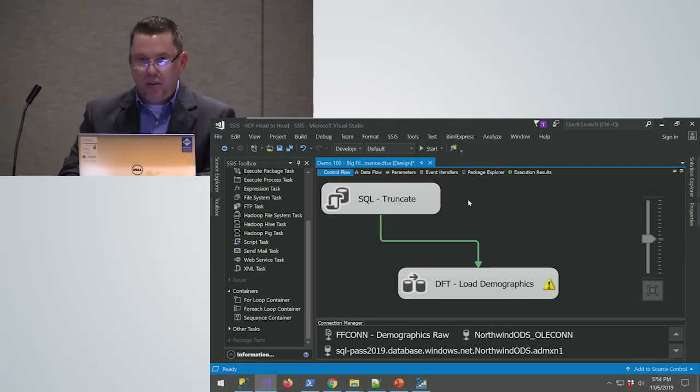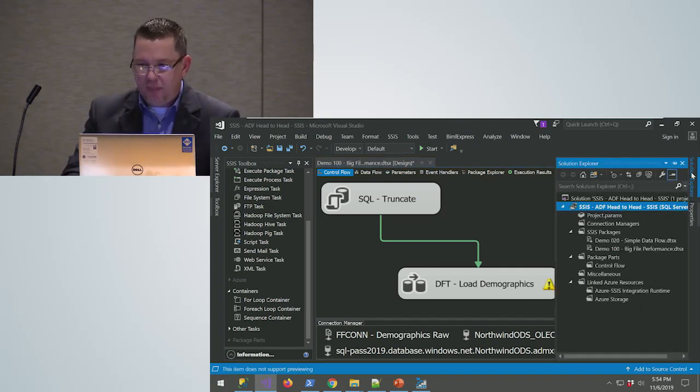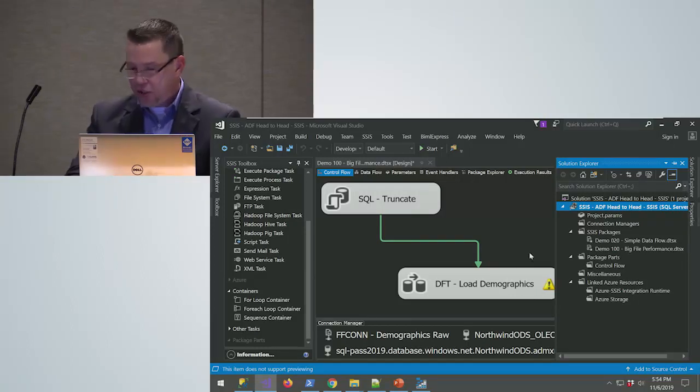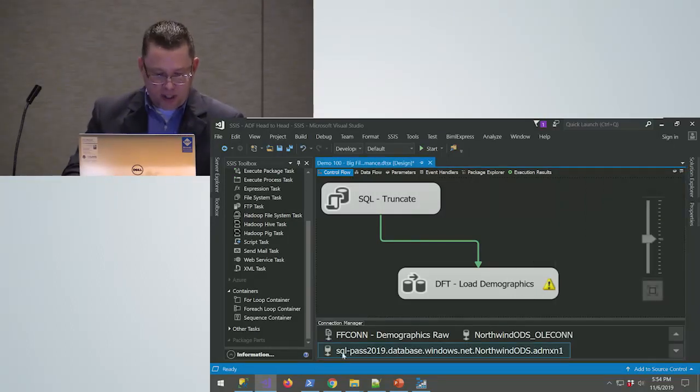So this is how we'll interact with the SSIS package. If I want to execute those, again, I can pick whichever package I want to execute. When I deploy this, I deploy the entire project up to the SSIS Catalog and then run it from there. So we're going to see some parallels over on the Azure Data Factory side. So I'm going to jump over to my web browser.